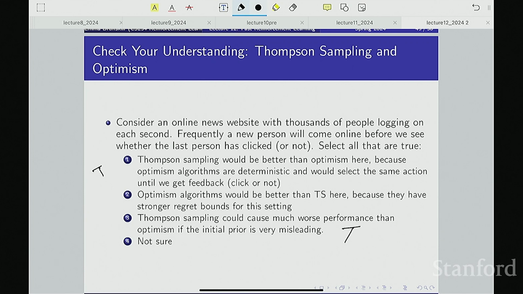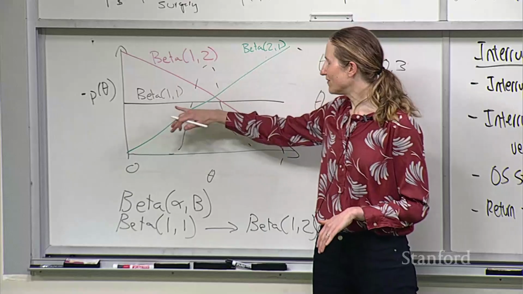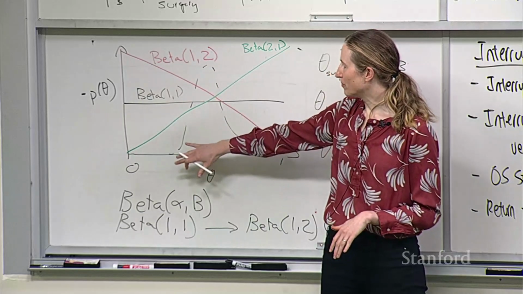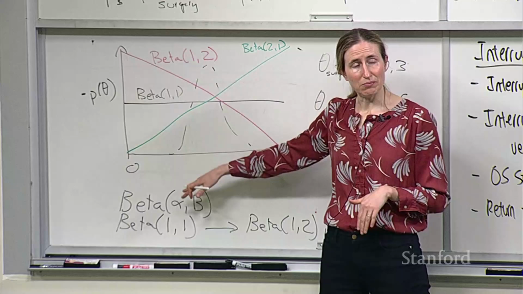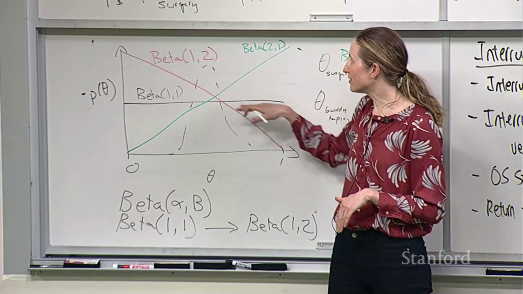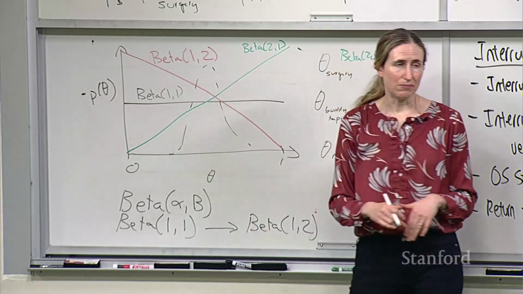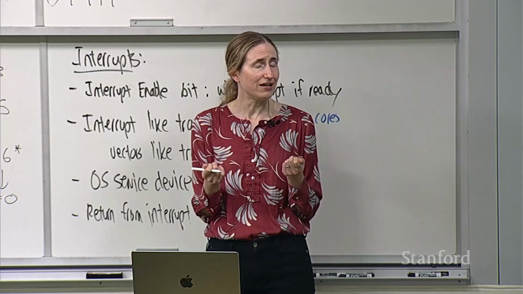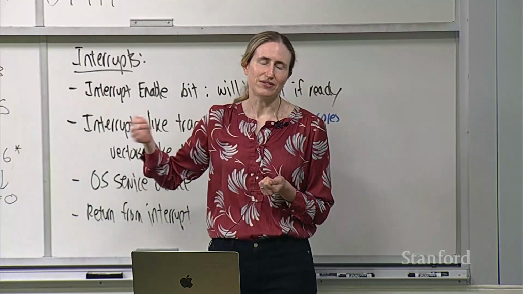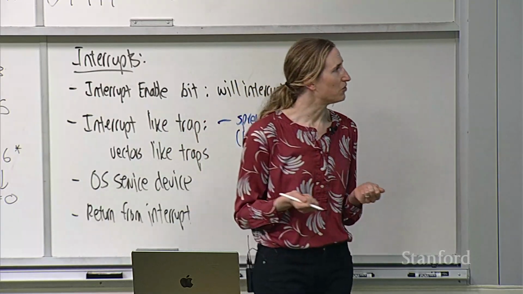Whereas Thompson sampling just has this prior or posterior. And so if I have someone come, I can just sample from all of my priors. And then if another person comes, I'll again sample from my priors. Because of this distribution over parameters, unless it's collapsed to a delta function, in which case you know what the right thing is to do anyway, you'll get natural exploration. So that's one of the really big benefits of Thompson sampling: even if you don't get new data, you naturally will try out different things, and that can be really helpful.